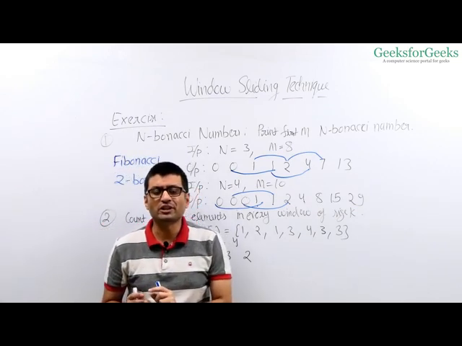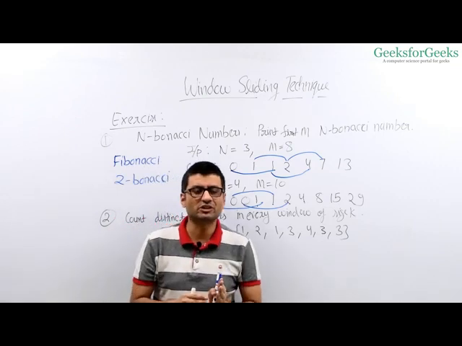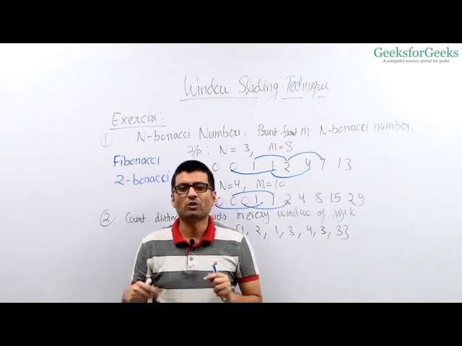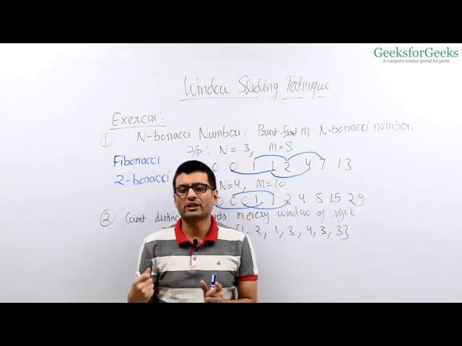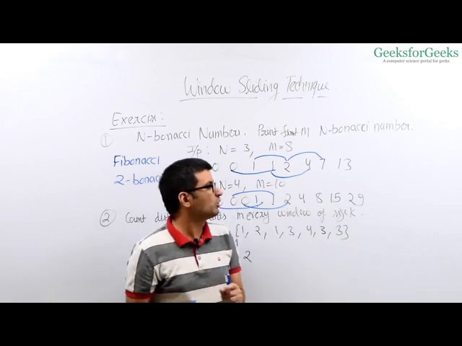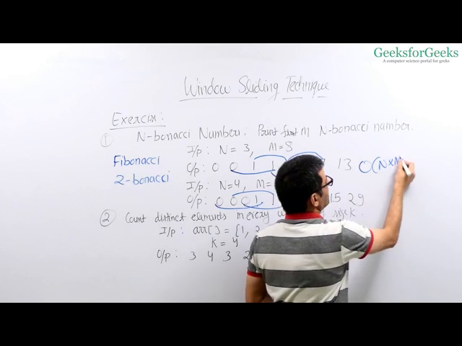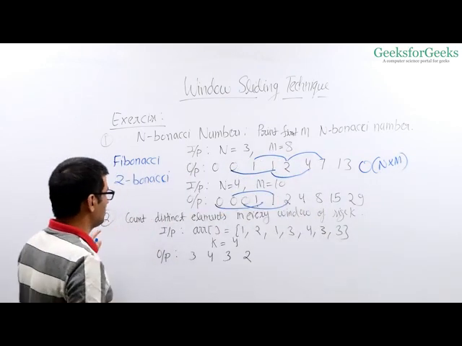One simple solution is that you get the first n numbers by putting n minus 1 zeros and then 1. Then you run a loop for every m, and what do you do in the loop? You compute the sum of the previous n numbers. That's how you get the n numbers. So this time complexity is big O of n into m. You need to solve this problem in big O of m time, right? So try solving this problem in big O of m time.